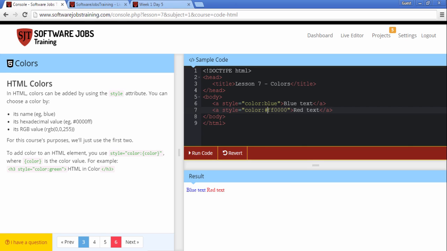So you can just grab the code and make sure you put the hash in front of it and just write down the code, and as you can see that this FF and 4 times 0 is turning out the red text. Okay, so this is the code for the red color, and each color has a code. So you can just basically use Paint or Photoshop, or you can take help of Google to grab the color codes that you require. Alright,